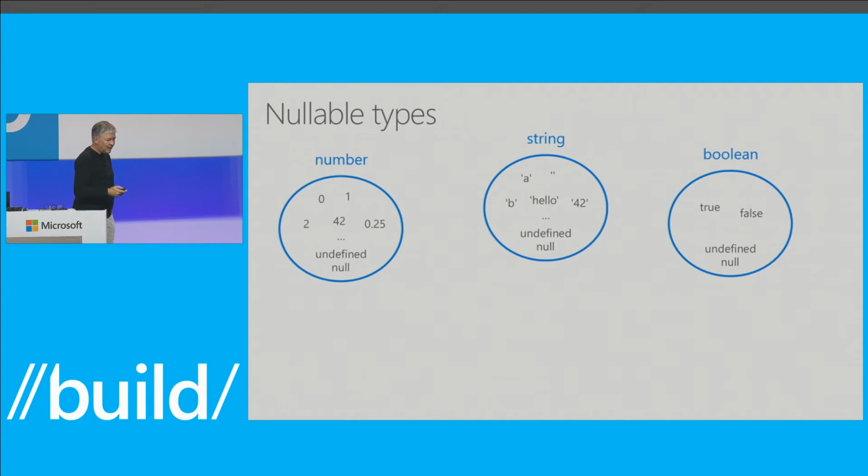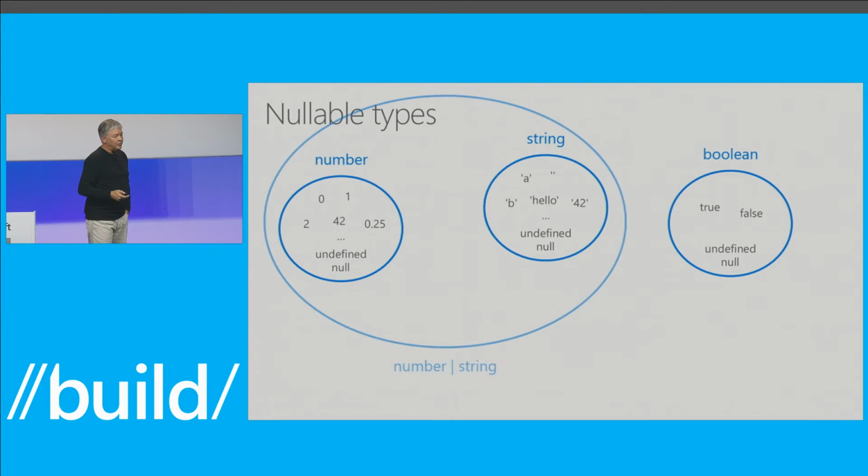Now, we also support a feature called union types. Union types are the ability for you to say, this thing is either a number or a string, and it's written with a vertical bar. That's been in for a while, and it's super useful. Often you write functions in JavaScript to take either a number or a string, or a number or a string array, or whatever.